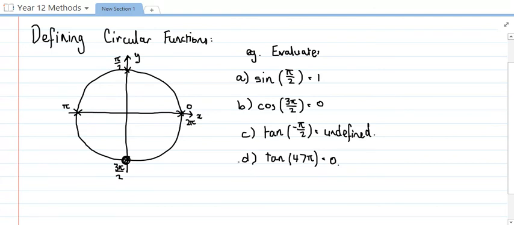Alright, now the next thing to do is to have a bit of a look